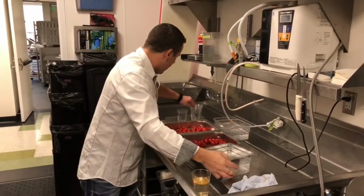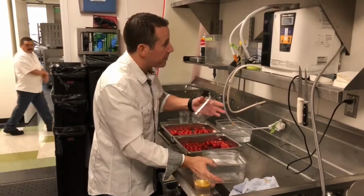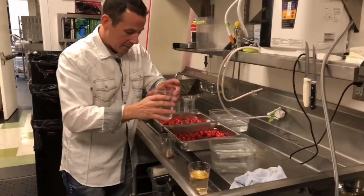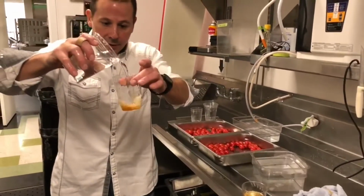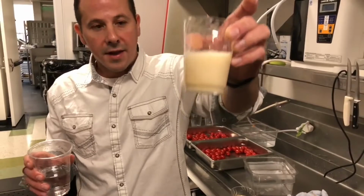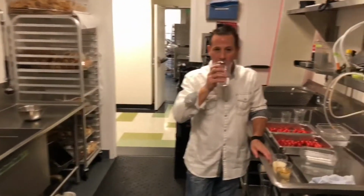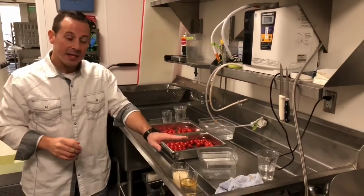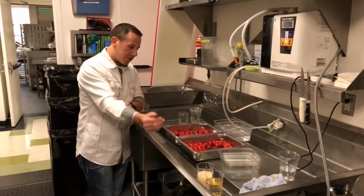But this is some of this high pH water that we just produced from this Enagic technology right here. And I'm going to take some of this, and I'm going to actually completely emulsify that sesame oil. Get this, with water that I can drink. Completely non-toxic, which is amazing because if you come over here, Tristan, you're going to see